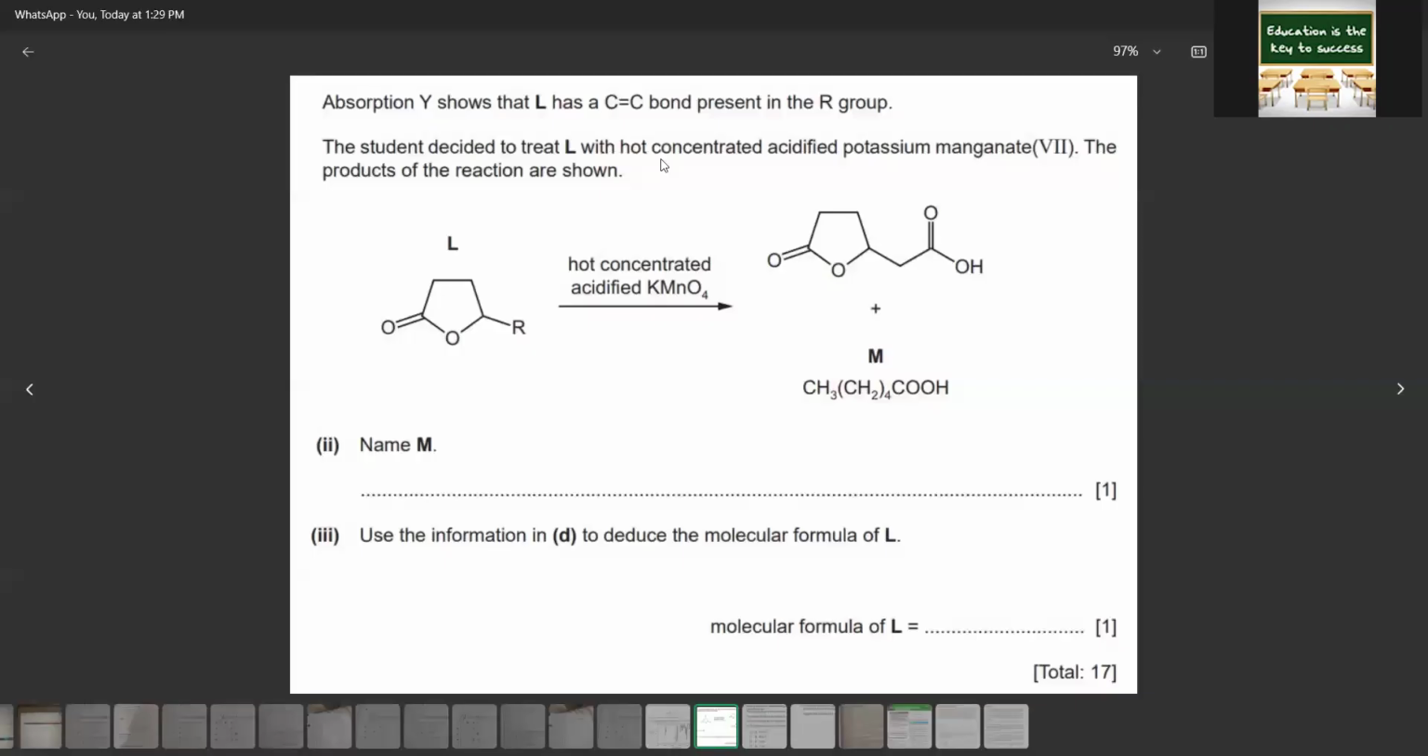So in this compound, we have to deduce the molecular formula for L. As you can see, L is producing two carboxylic groups. So in this part of the chain, there is a carbon-carbon double bond, because when there's a carbon-carbon double bond, in the presence of hot concentrated KMnO4, it will be oxidized. So when we simplify the structure,